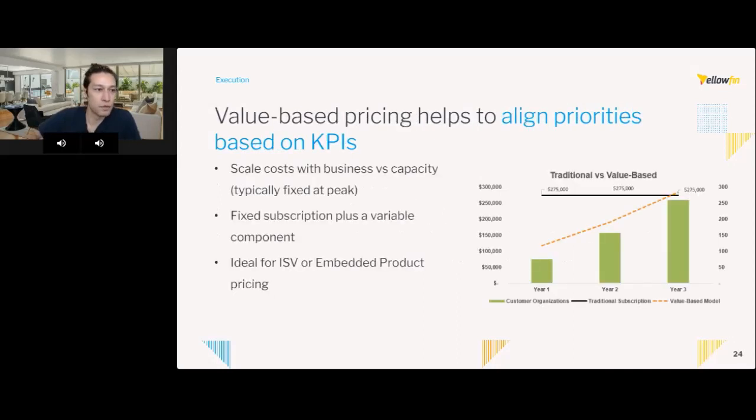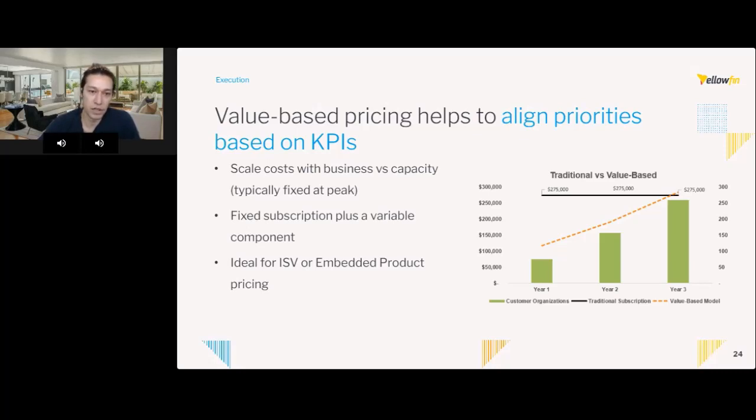In terms of the value-based pricing structure, this slide's probably a little bit too complicated for the point we're trying to make here. But this is an illustration from that same software company we talked about before that introduced a new module. With that new module, a traditional pricing would be they would pay to license the embedded analytics software for that module at a fixed rate of